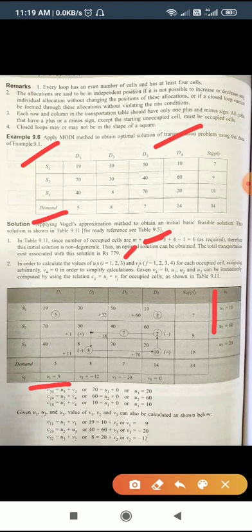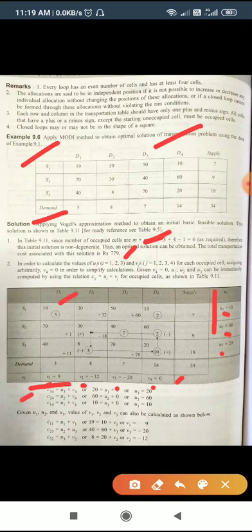One of them, u1, u2, u3, v1, v2, v3, v4, any one of them we first assume to be equal to 0. So in this question we must take v4 equal to 0, because in this column the maximum cells are occupied. If any row or column has the maximum cells occupied, then we assume that one to be 0, using the relation for the occupied cells.